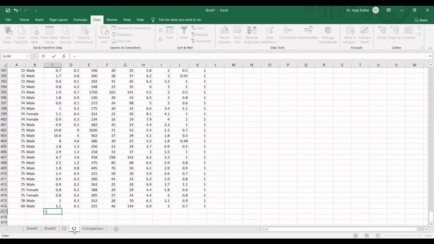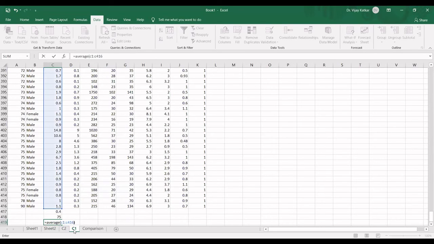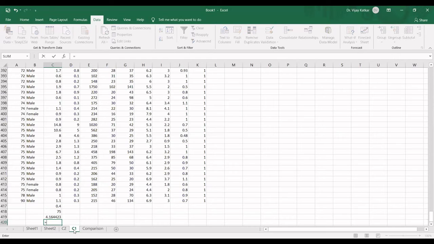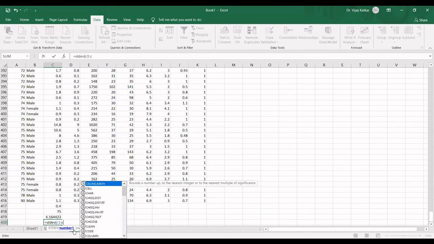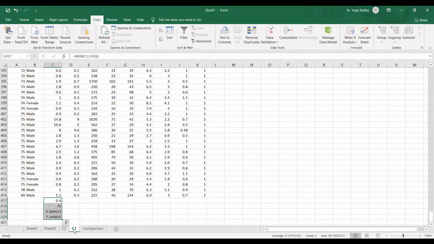So minimum of C1 colon C416, then maximum of C1 colon C416, then average of C1 colon C416, and then standard deviation of C1 colon C416.